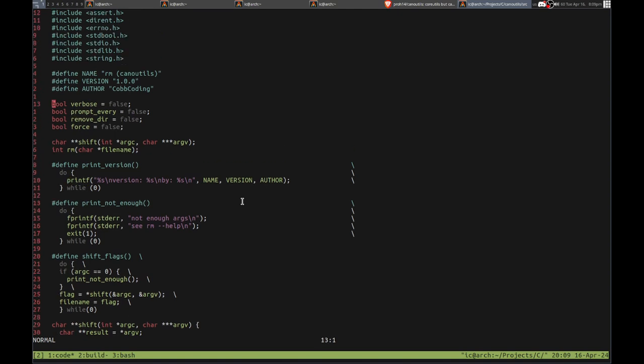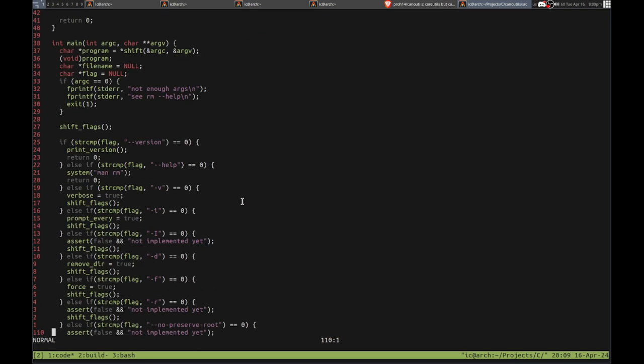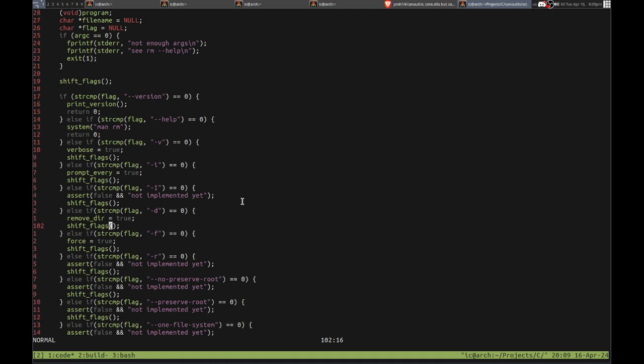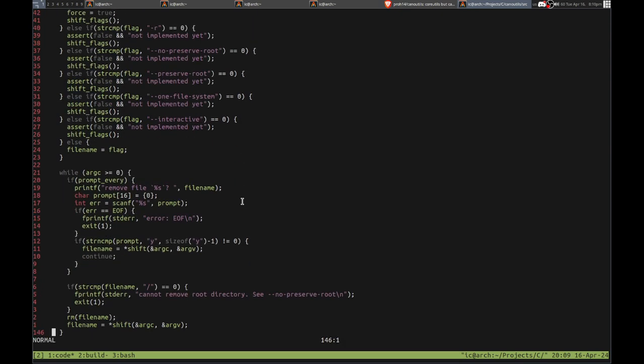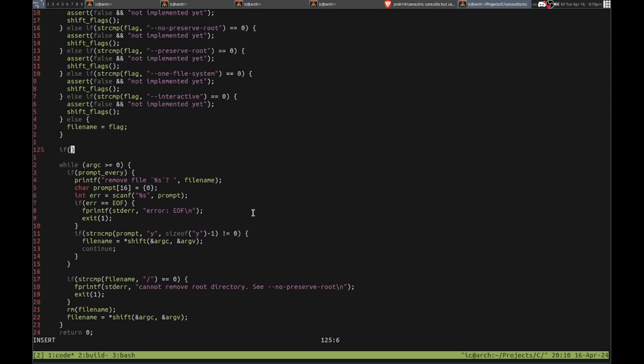But let's see. So we need interactive equals false. And we can just handle this just like this. And this can even pass the flag that we want to set. Do I want to do that? No, it's fine. See, it's this one up here. Set interactive. Interactive is true. Okay, and then if interactive, we want to check the argc count, right? If argc